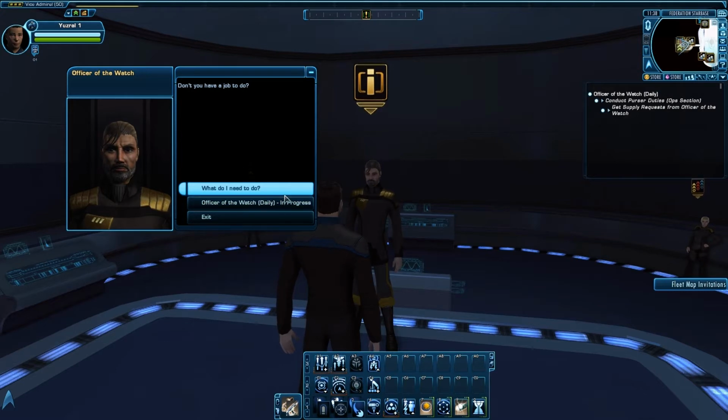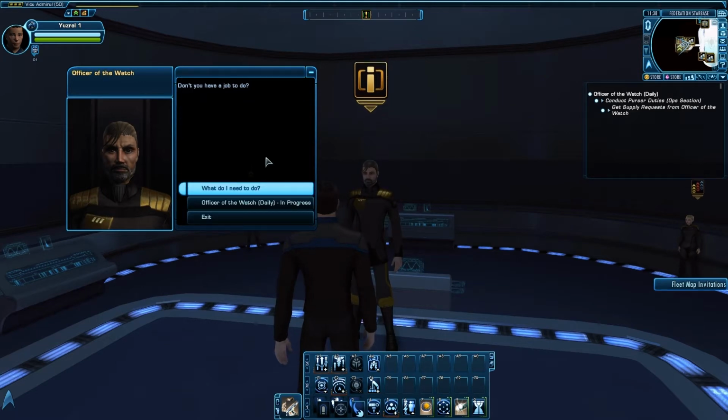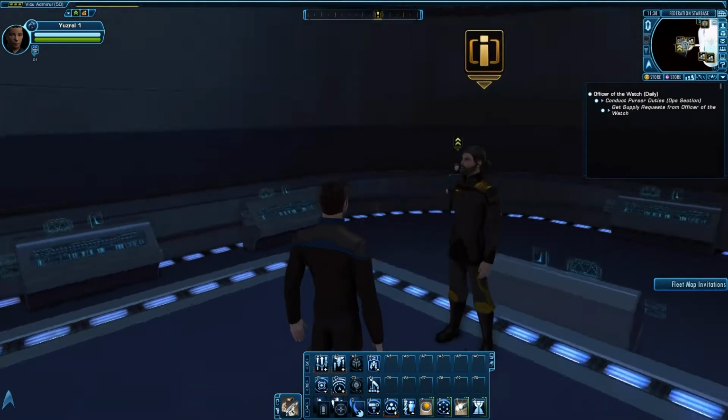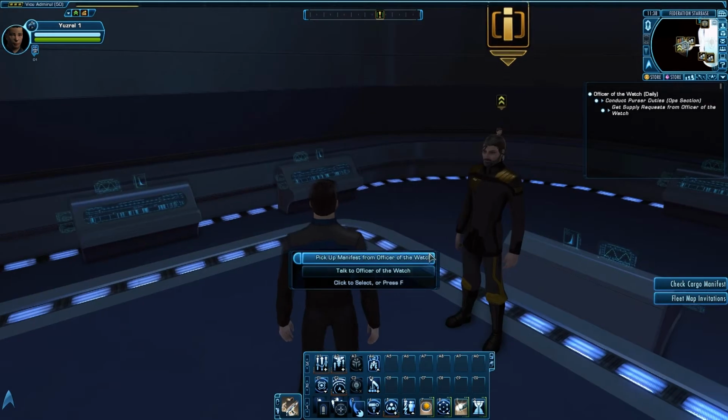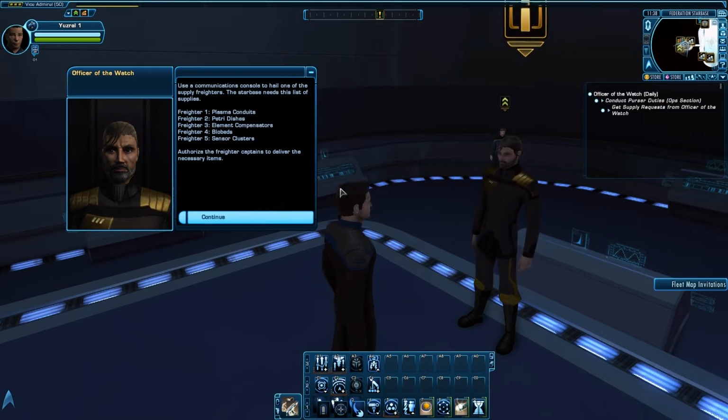Right, well, he doesn't seem to be going anywhere, so let's get on with this quest. So, it's basically a straight memory game. Now, there ought to be a cargo manifest around here somewhere. There we go, he can give it to us. Right, so remember which components you need to get, and go talk to the freighter captains to get the parts